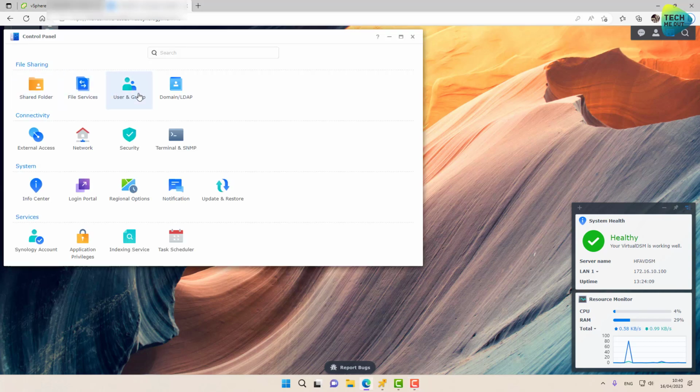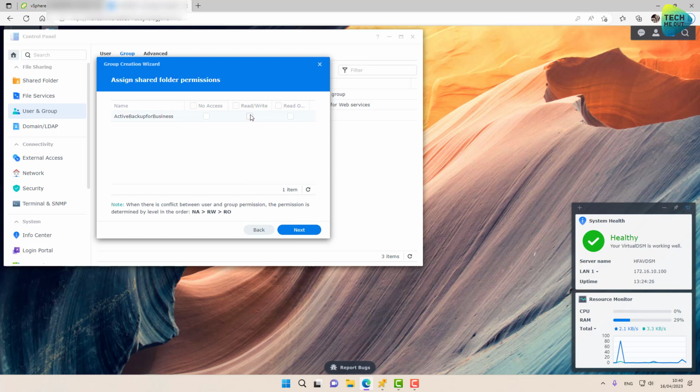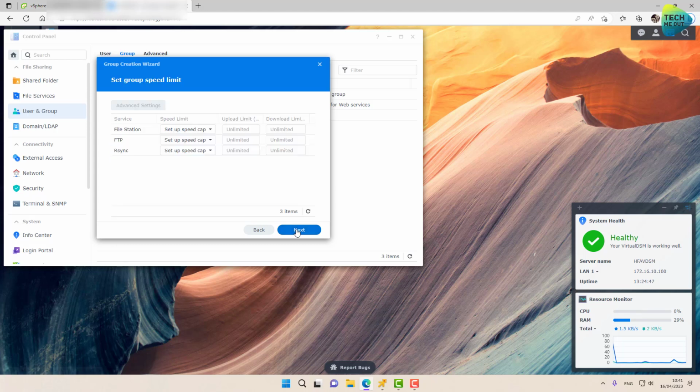In fact, let's start. Let's go into Control Panel, Users and Groups. Let's create a group and call it ABB, as in Active Backup for Business. We will add users to it just a little bit later. Let's give this group permissions on the Active Backup for Business shared folder, which is created automatically when you install Active Backup for Business. Let's click on Next, and I do want to assign Active Backup for Business related permissions in regards to the application. So let's click on Next,